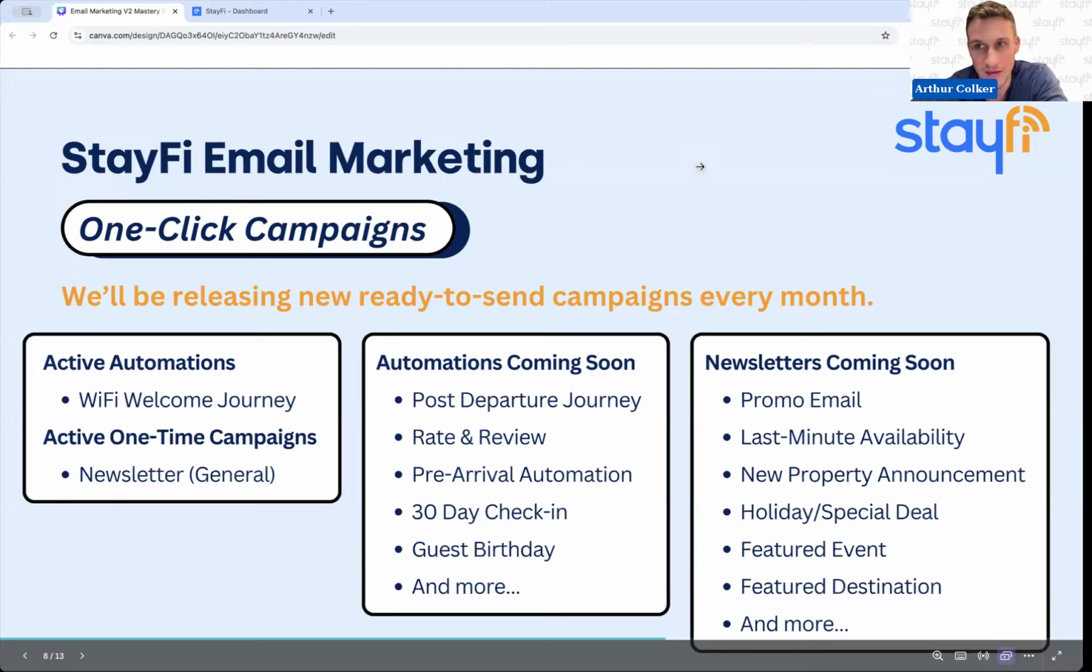We're going to be releasing new one-click campaigns over the course of the next few months. So we'll be sending updates, but you'll be seeing new ones come into your StayFi email marketing tool on a regular basis. These will be things like a post-departure automation, so emails that get sent automatically after the guest leaves, a rate and review campaign. We have that now in text marketing, but I know a lot of people have asked for it in email,